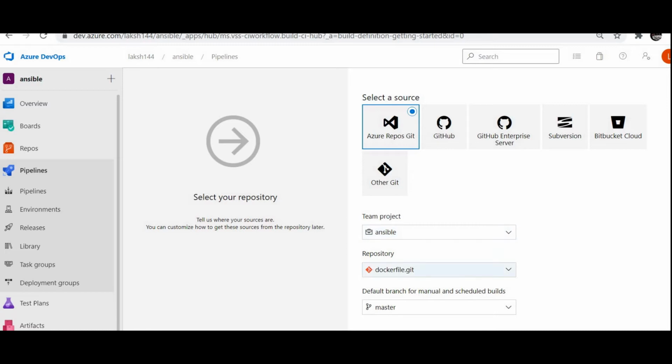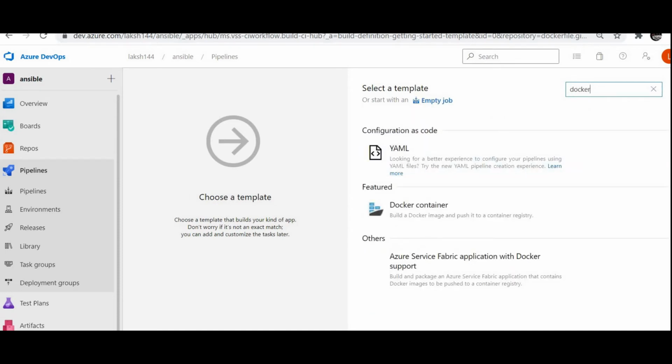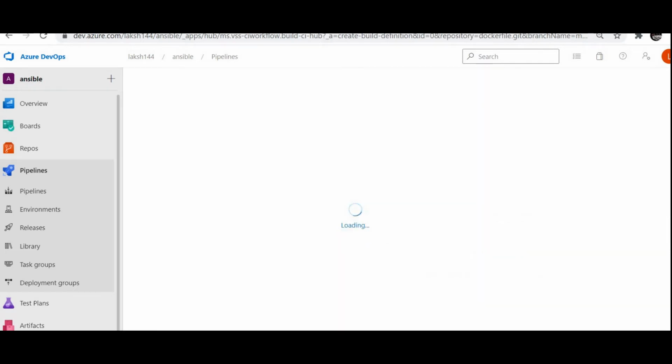This is my repo, docker.git, master. I'm clicking on continue. You just need to select your repo. Type the template, docker. Okay, I'm taking empty job. I will define my task afterwards.